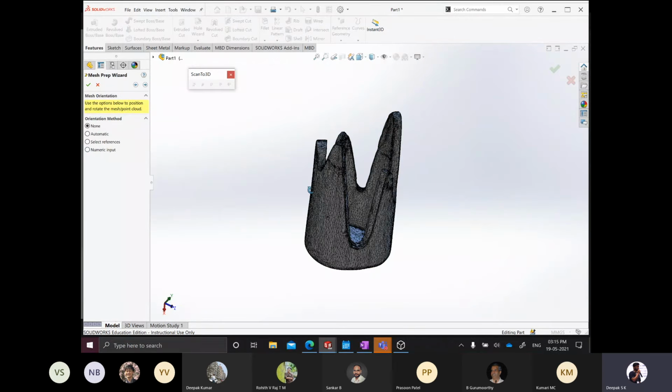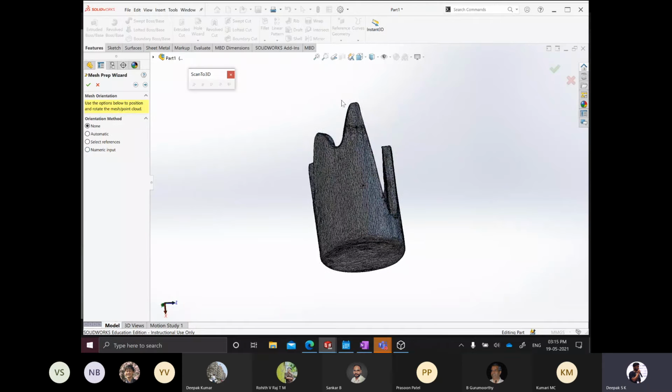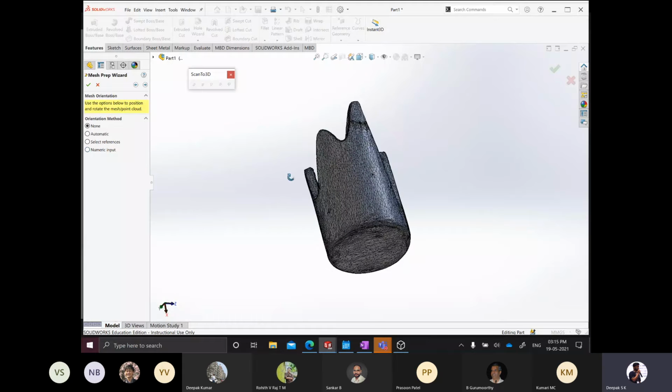Now, this is a very important step in the sense this will determine how your product is being oriented along the path. So here you can select the orientation. There are many methods to do it. One is you don't want any orientation itself. So there will be no reference plane with respect to the product. It will be just hanging in the space. You can still proceed with that, but then it will be difficult for you to view or orient them in the later stage. And the second one is automatic.